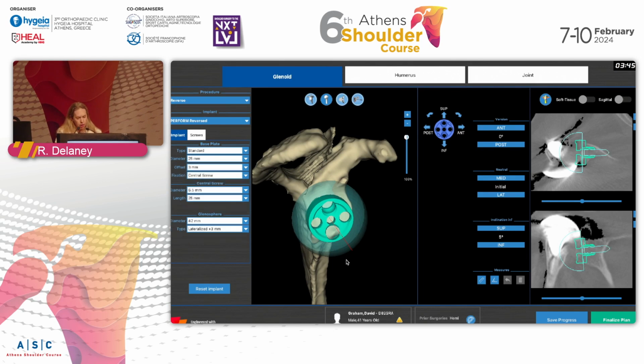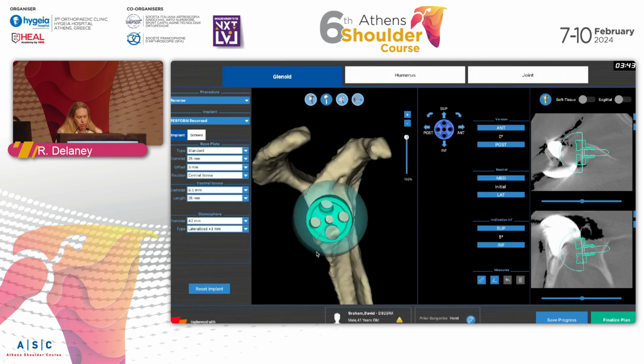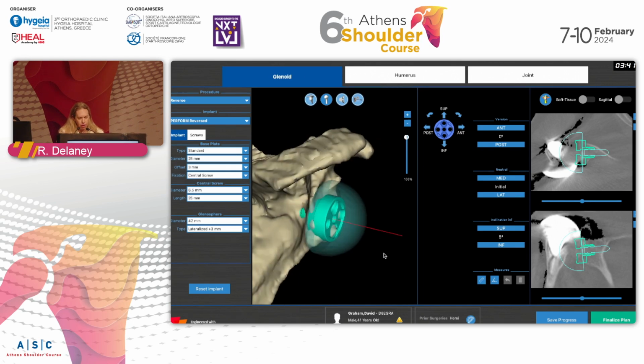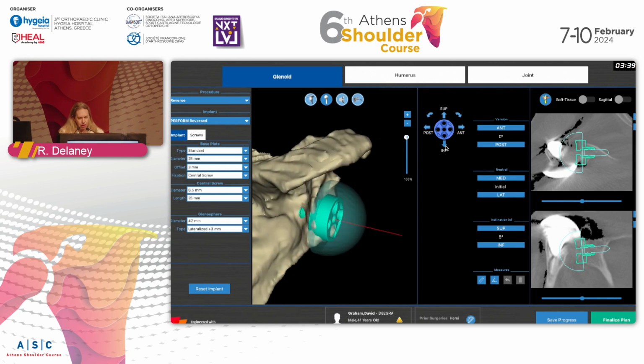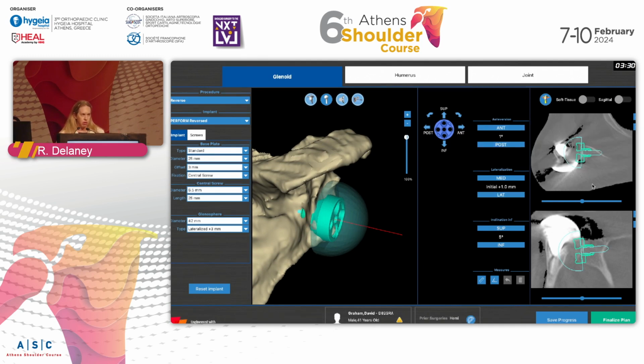And I can compare these options. That's where I use that range of motion feature, bearing in mind that it's not necessarily reflecting exactly the clinical reality. The thing with these software programs, you can keep on lateralizing and distalizing and make that range of motion look better. And I think that's the thing for young surgeons who are coming to this with the